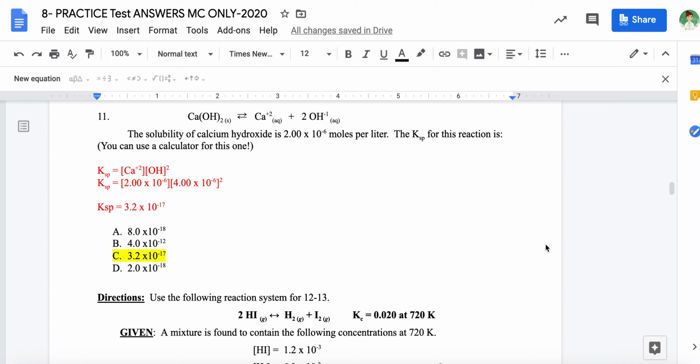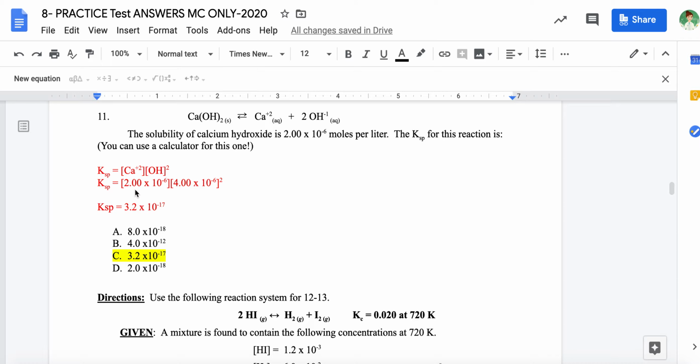Number 11, a little bit of Ksp. One of the things that I want you to recognize for this is, one, you could have used a calculator because this would be, for some of us, a little bit tricky to use without a calculator. Although if you're on top of your exponent rules, you should be fine because you know that 4 squared is 16, and you're going to get a 16 here, and then you're going to get your exponent, and then when you again multiply these two together, you're going to get your 32,